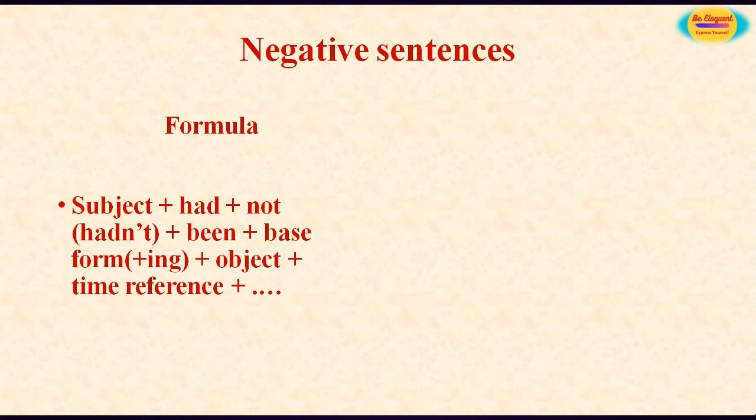To make the negative sentences, we add not after the auxiliary verb. The formula is subject along with had not, which is hadn't in contracted form, plus been, plus base form and ing, plus object, plus time reference and rest of the sentence. Examples are: